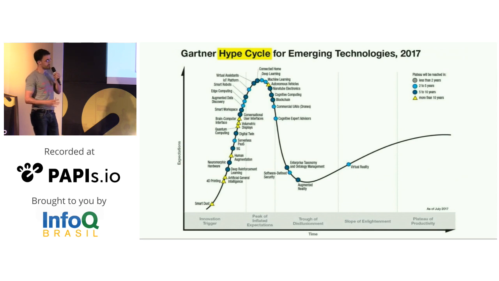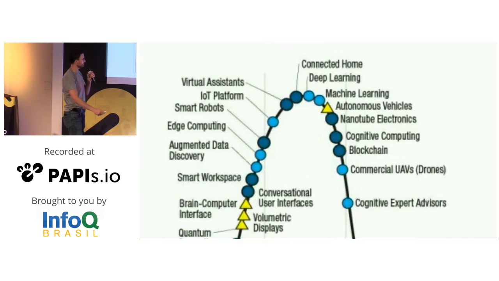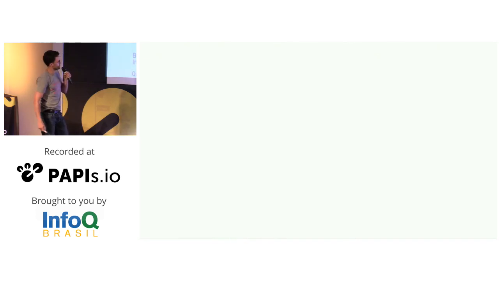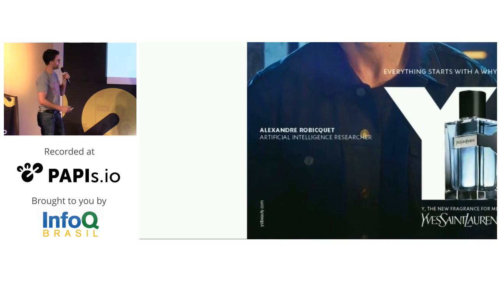There's a lot of anticipation around machine learning and deep learning, a lot of hype, as I said earlier. This is the hype cycle from Gartner, which says that deep learning is at the top, the hype is peaking right now. And if you look at machine learning, it's a little bit further ahead in the curve. What comes next is disillusionment and then enlightenment and productivity. Yeah, that's a zoomed version. And AI is also a big buzzword.